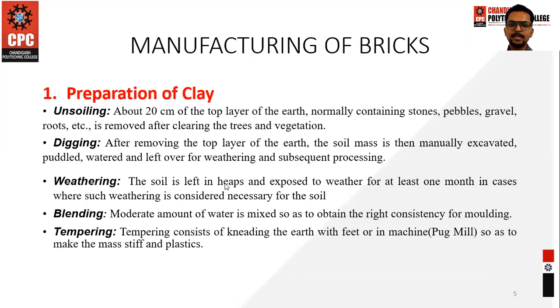In that same way we have to knead the earth by feet, or with the help of animals like cattle, or by machines. The machine which we use to knead or temper clay is known as a pug mill. A pug mill is basically a type of container which contains a mixer, like the mixer you have. It works the same way. We put the clay and water into it and it gets rotated. That makes a uniform mixture of clay and water, so the plasticity of your clay will be uniform.